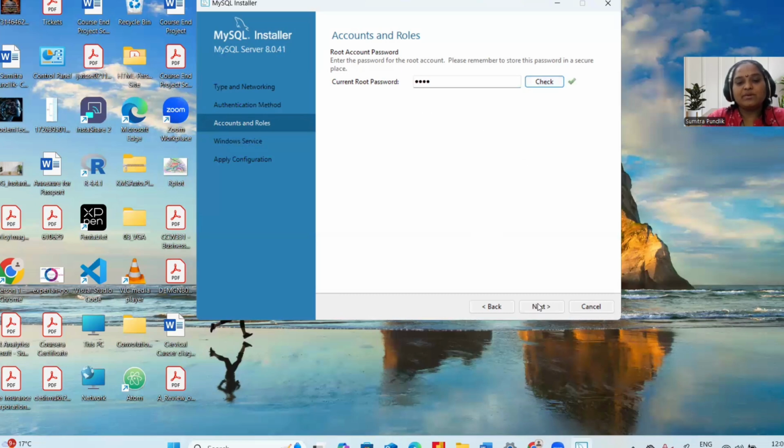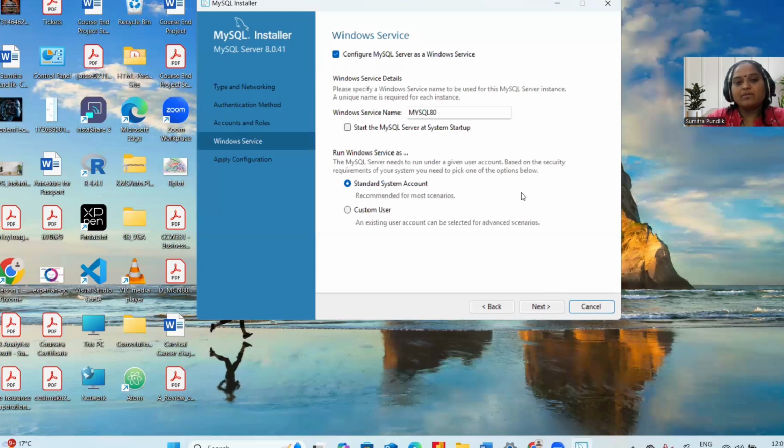Whatever password you choose, enter the password for the root. Please remember to store this password in a secure place. You need to set this password and check whether it's available or not.